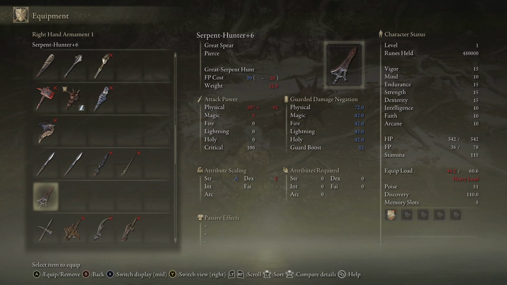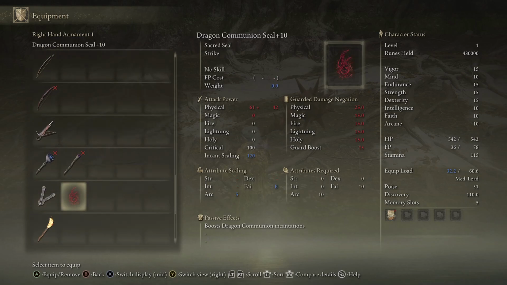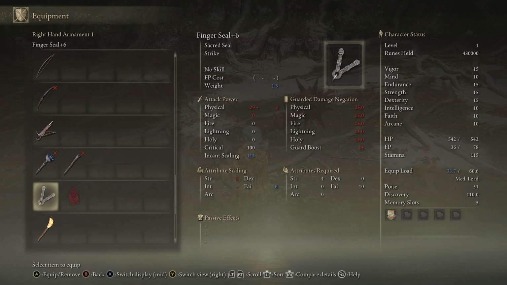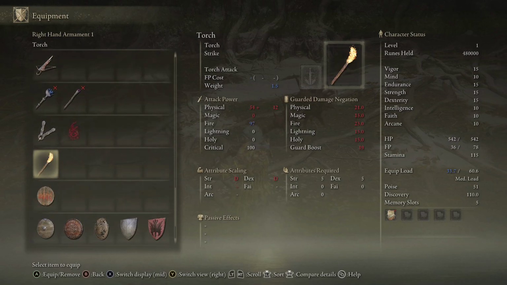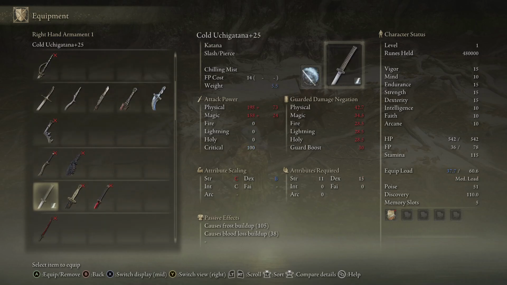But this one was for Rykard. And a Dragon Communion Seal, because I heard this is a pretty good seal to use for level 1. So I just picked it up. It's a little bit annoying to get, but it's still pretty nice. And we used the finger seals early on, just to use Blood Flame Blade. And I think that's pretty much all the weapons we really...